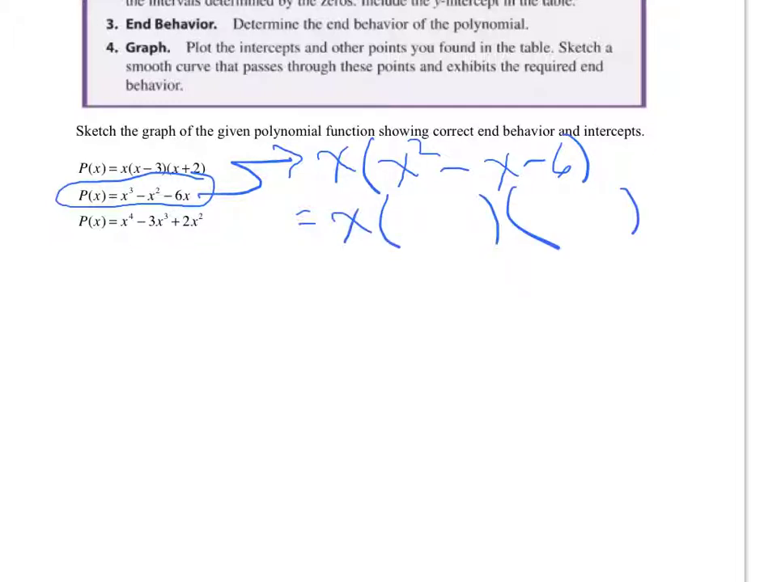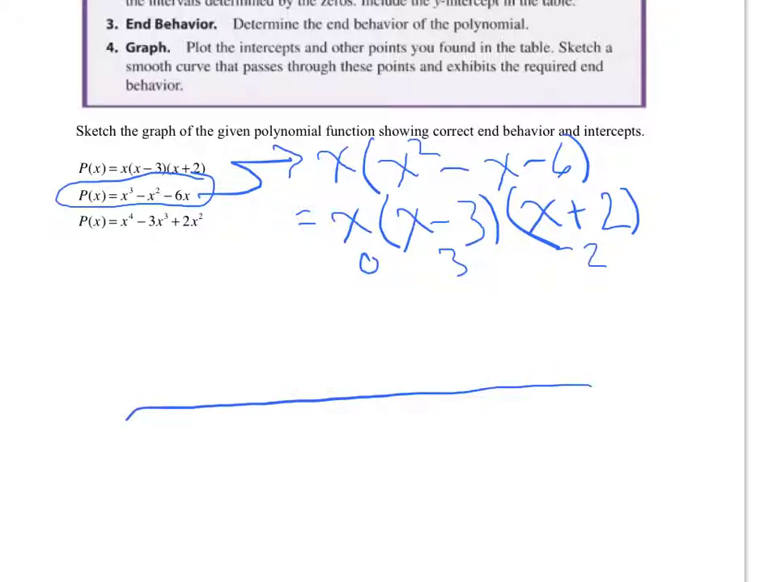Let's see. We have x. To get a -6, we need a -6. It's going to be a +2. Okay. So now we know the zeros. The zeros are 0, 3, and -2. So let's plot those out. 0 is a 0. 3